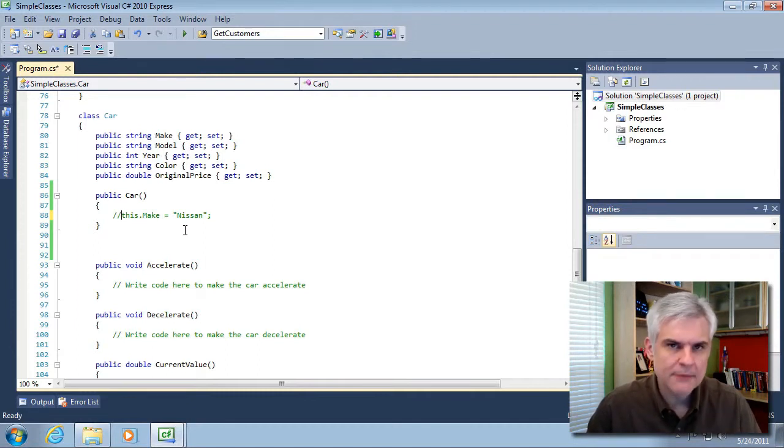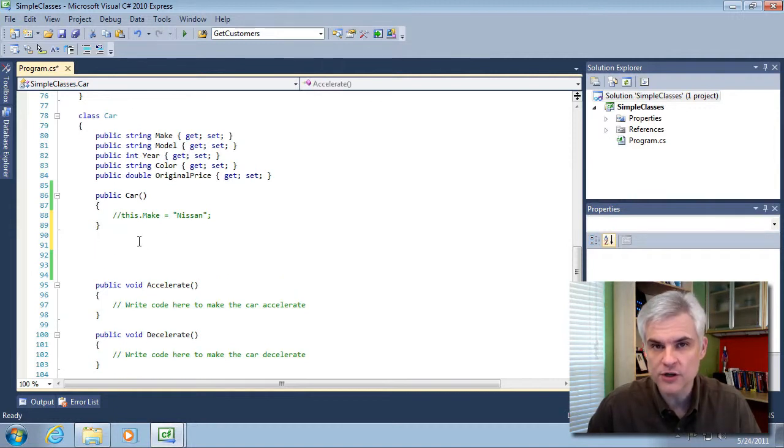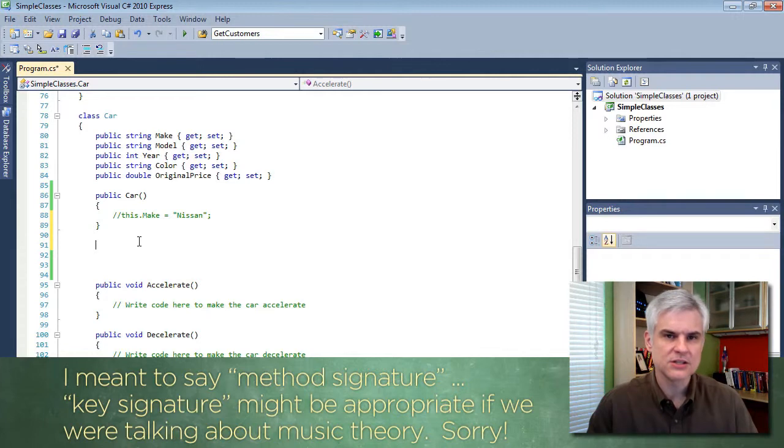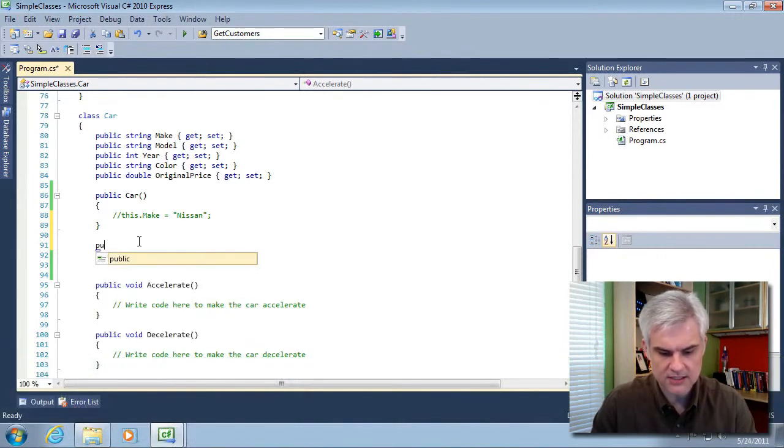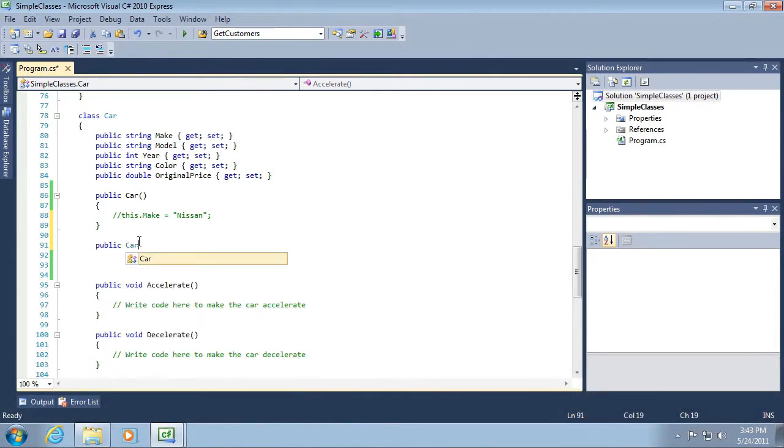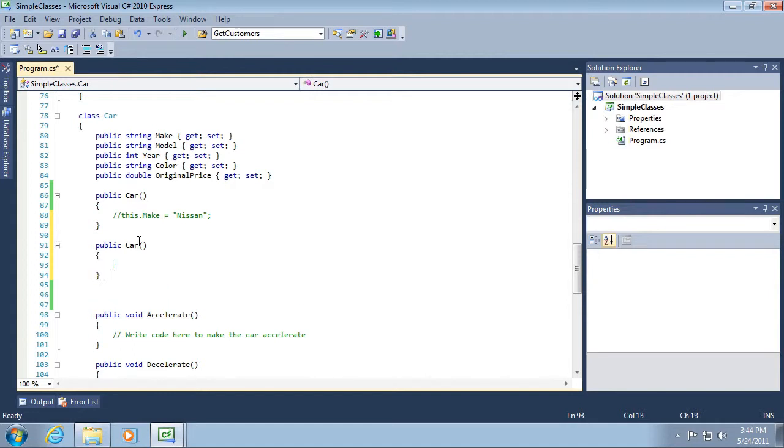Now there's another option as well, and what we can do is create an overloaded version of this constructor method. Recall from our discussion about helper methods that we can create more than one version of a single method by changing the method's signature. And to do that, what we'll do is this. So now it looks identical. To change its signature,